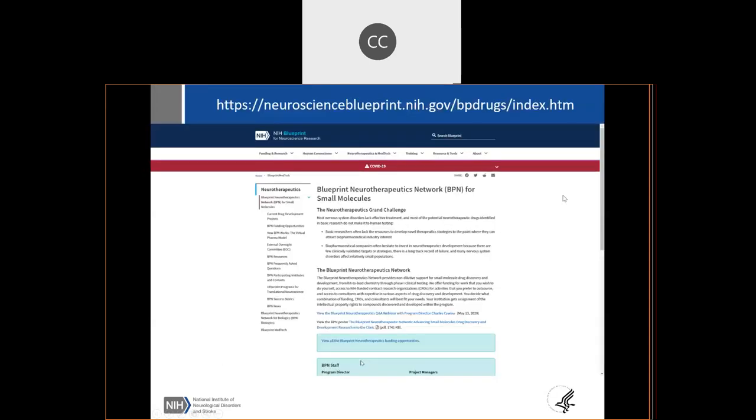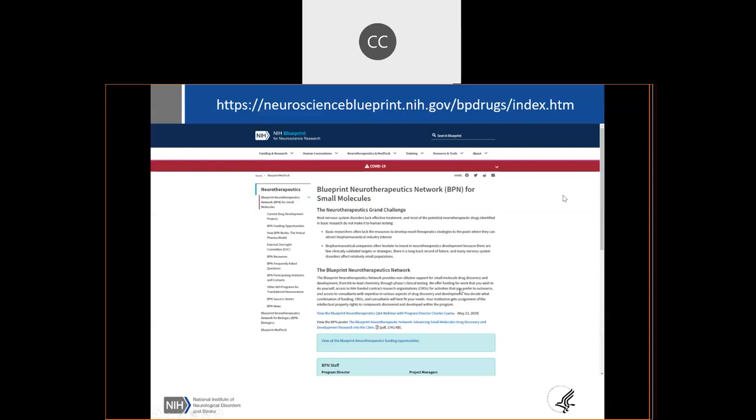There's a lot of information on our website. Here's our website listed. This is what it looks like. I can only fit so much on the screen, but below are all the program staff, including my name and email address. All these links on the left, including the funding opportunity announcements, frequently asked questions, and other resources are certainly available here for you.